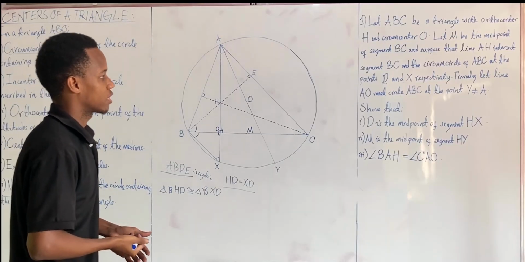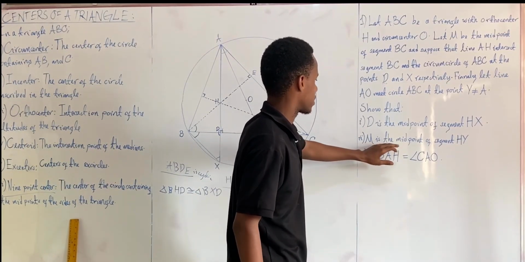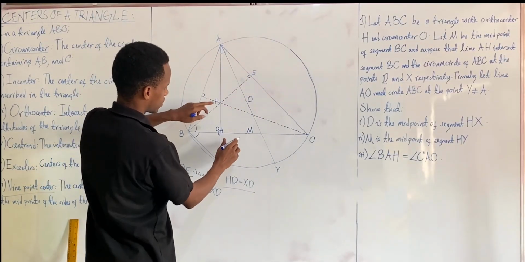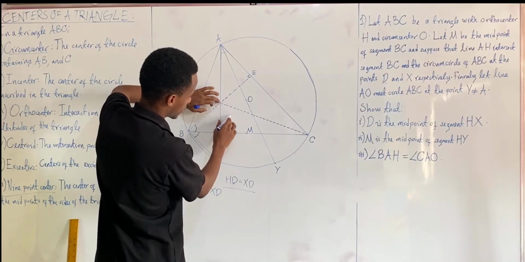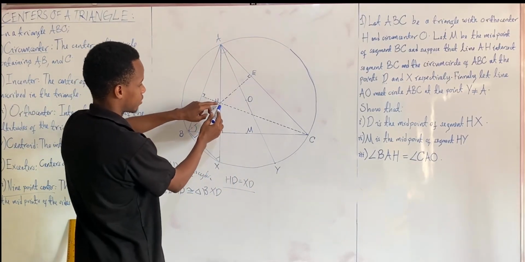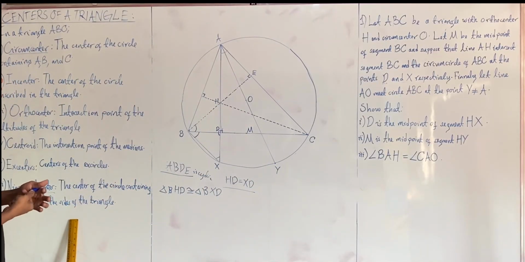And so for the next sub problem, we are required to show that M is the midpoint of segment HY. So we have to show that first M lies on this segment, and then it is also the midpoint of the segment from H to Y. And so to do that, I will first